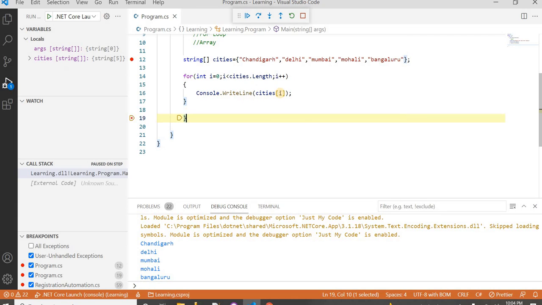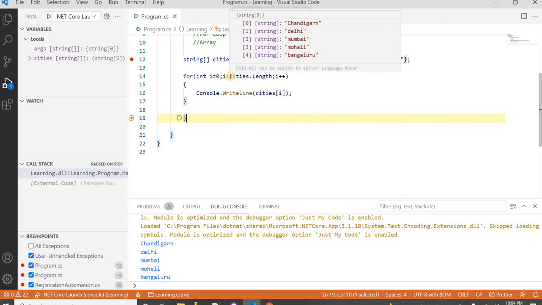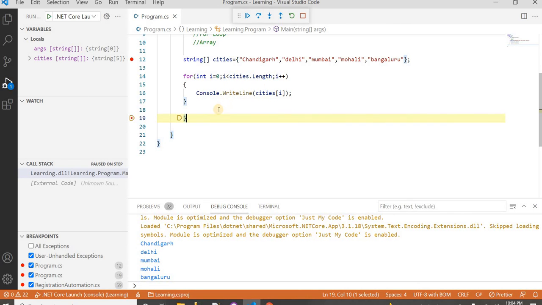Now this time 5 is not less than 5. Either I should use equal to here, so it will continue one more time. So now 5 is not less than 5, it's coming outside, so it printed Chandigarh, Delhi, Mumbai, Mohali, Bengaluru. So in this way the for loop condition is working.